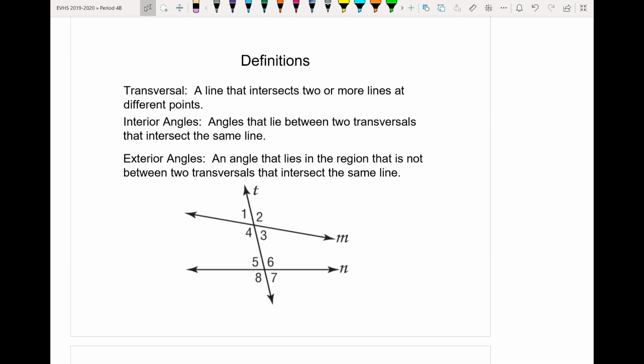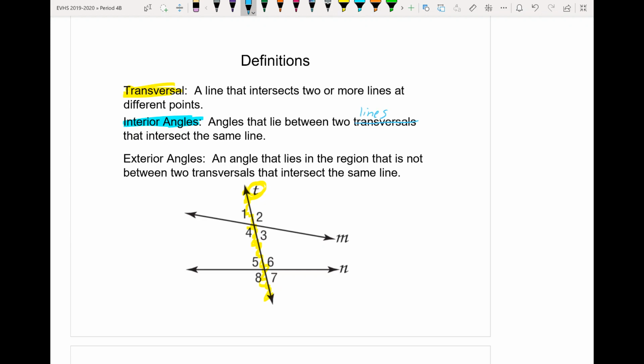So transversals. Now, a transversal line is a line that intersects two or more lines at a different point. So in this case, T is my transversal line. It cuts across and creates all 8 of these angles. There's my transversal line. Now, honestly, I don't like the definition of interior angles here. Angles that lie between two transversals. That shouldn't say transversals. That should say